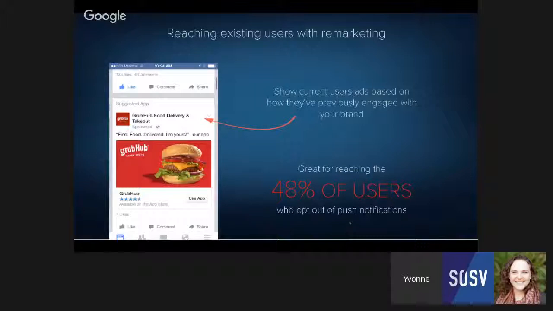We have a direct partnership with Facebook, so we offer Facebook remarketing, where you can show users ads based on how they've previously engaged with your business in the Facebook newsfeed. And this is a really good way of acquiring people who, for whatever reason, might have uninstalled your app. Maybe they haven't logged in the last 60 days. So you really want to remarket to them and get them to re-download your app and hopefully provide them with a more engaging experience the second time around so that they stick with your app and become a loyal user. So remarketing can be a very, very effective tool for doing this.